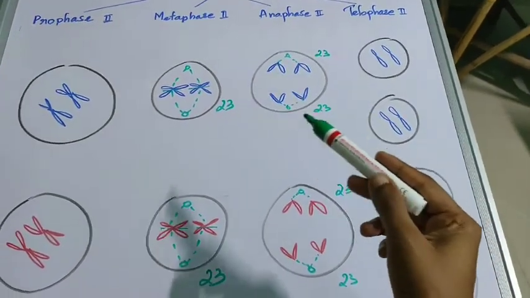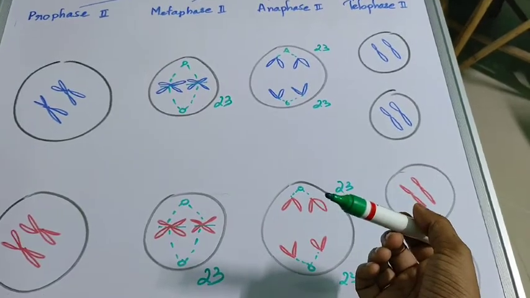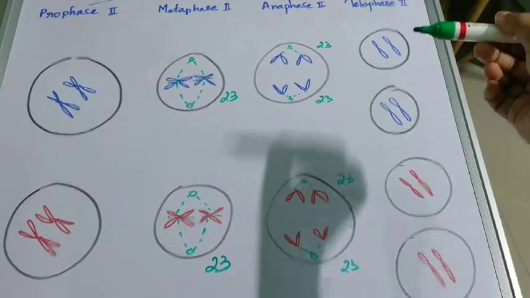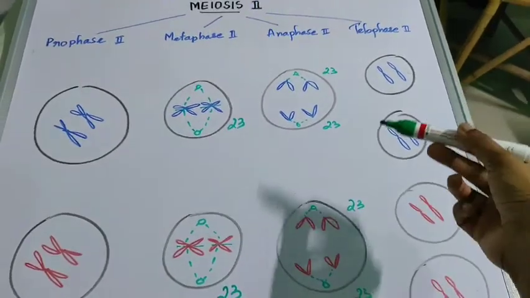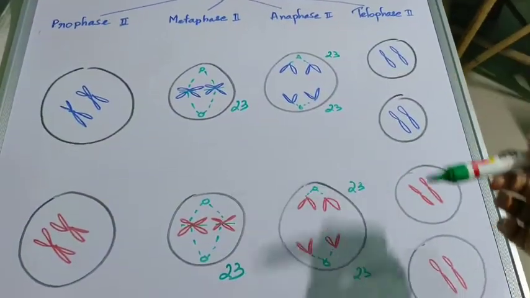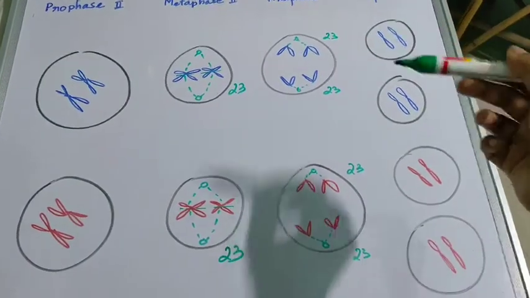There is reappearance of the nuclear membrane, reappearance of the endoplasmic reticulum and Golgi complex, and finally, after cytokinesis, you have 4 daughter cells. Okay, so after telophase and cytokinesis are over, meiosis 2 is complete. And at the end of meiosis 2 you have 4 daughter cells formed. Okay, 1, 2, 3, 4.